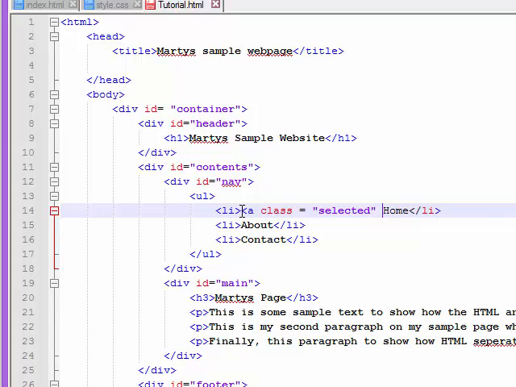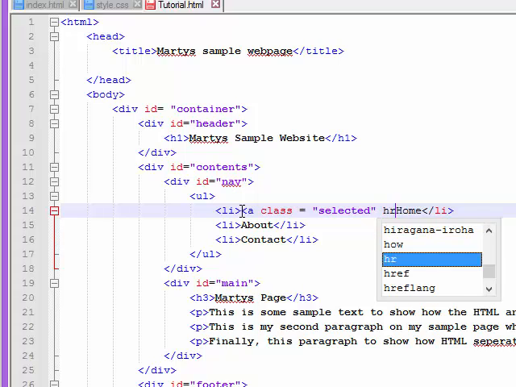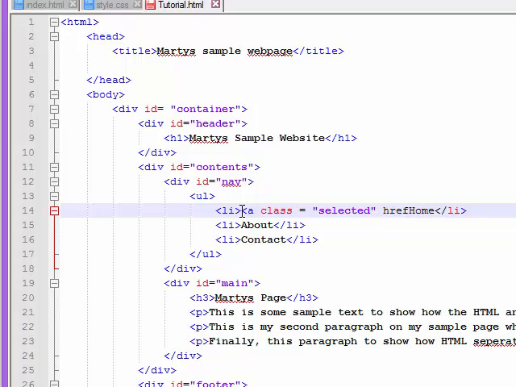Now I have to give it the hyperlink. So href, hyperlink reference, is the HTML for that. Then I have to tell it where my hyperlink is. In this case, we're only creating one page. We're not really creating a website, so I don't have other sites to reference right now. But for testing purposes, I want my mouse to turn to the little finger when I hover over it. I want it to maybe have a certain behavior when I click on it. So in order to test all that, I have to give the href